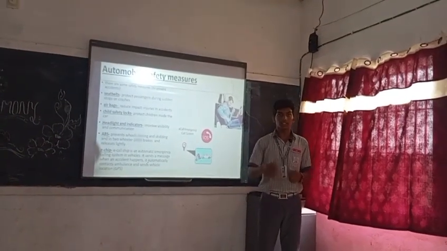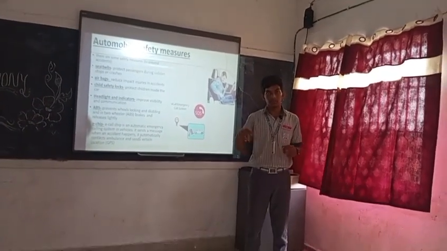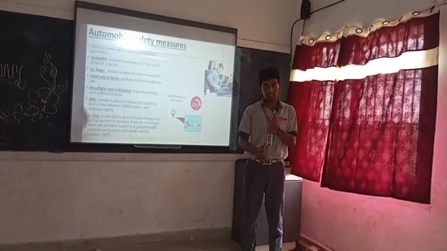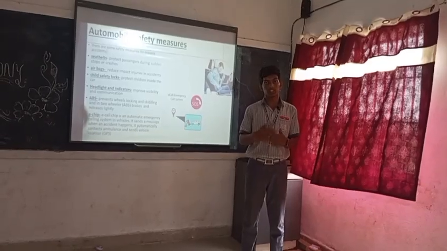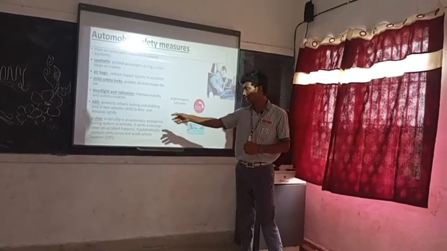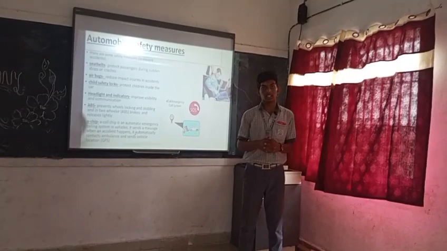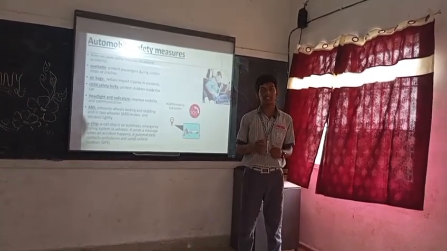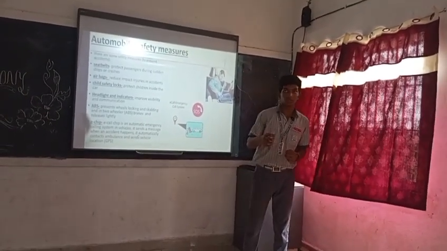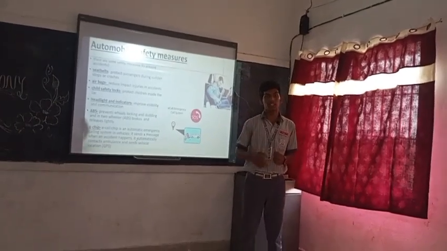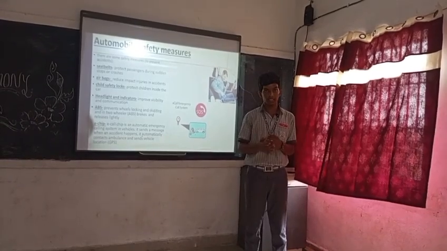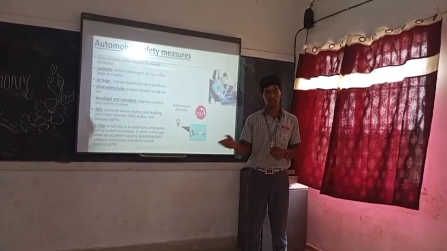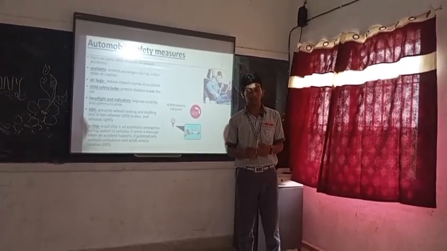ABS prevents the wheels from locking or skidding when we brake suddenly; it releases the brake action, then continues or stops the braking. Next, about the e-chip. The e-chip is an automatic chip which sends a message to the ambulance driver or hospital when we are in an accident where we can't call the ambulance. It readily sends the message to the ambulance to protect us.